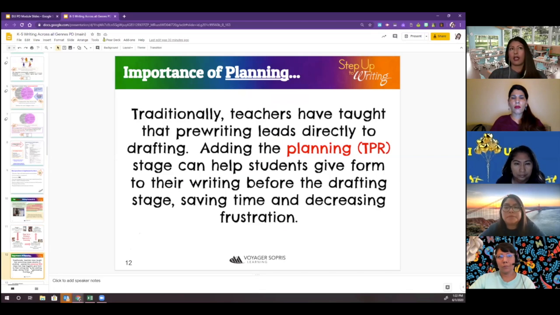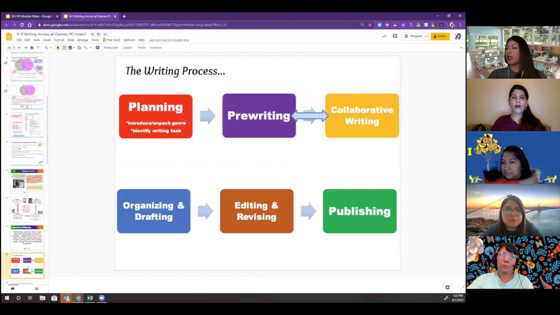One of the things that we realized was missing from writing instruction before is just not giving the students enough time to plan and figure out what they're even supposed to be writing about. So we wanted to share with you some tips in order to keep your students from becoming frustrated and then go blank on testing. So this is the writing process here, and you'll notice in red we've added that planning